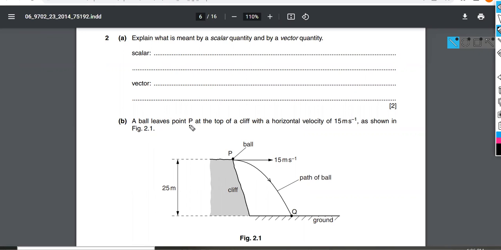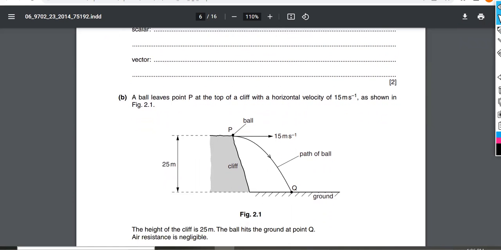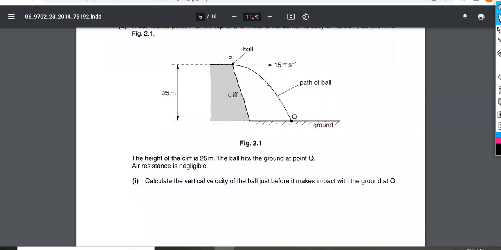It reads, a ball leaves point P at the top of a cliff with a horizontal velocity of 15 meters per second as shown in figure 2.1. The height of the cliff is 25 meters. The ball hits the ground at point Q. Air resistance is negligible. Calculate the vertical velocity of the ball just before it makes impact with the ground at